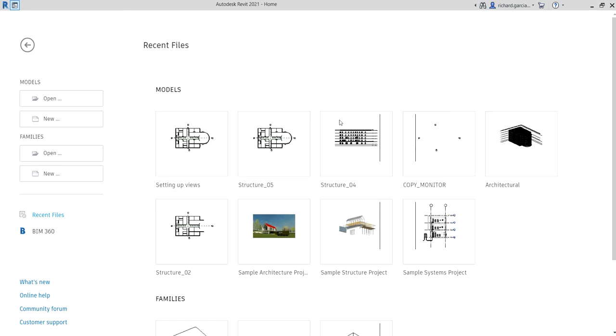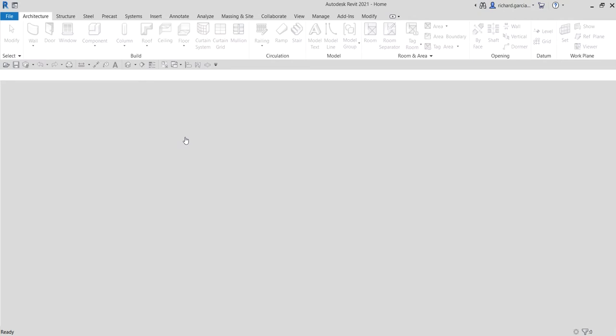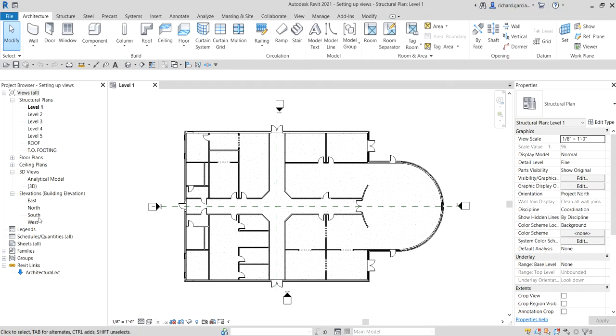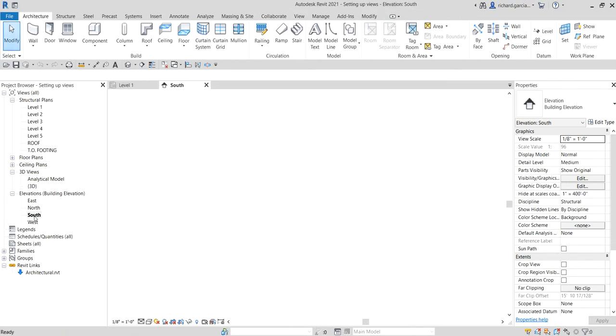Alright, so to start with, I'm going to open the project setting up views. So let me open that. Okay, so last video we learned how to monitor the level. So this time around, let's play around some options or tools that we can use to set up our project views. Okay, so for example, if I'm going to open again my south elevation, so I open the south